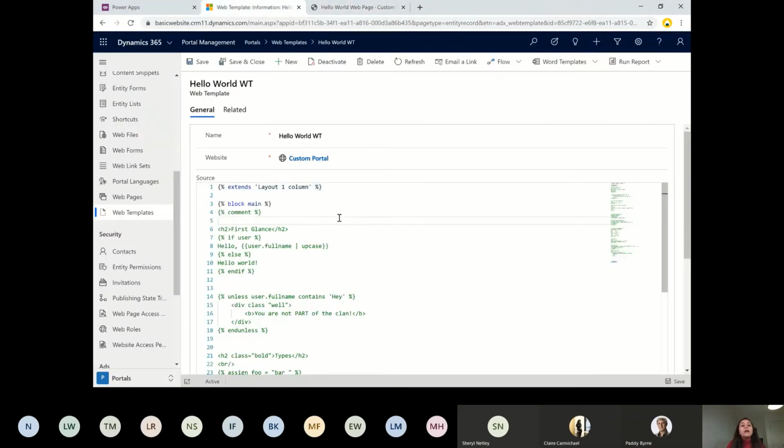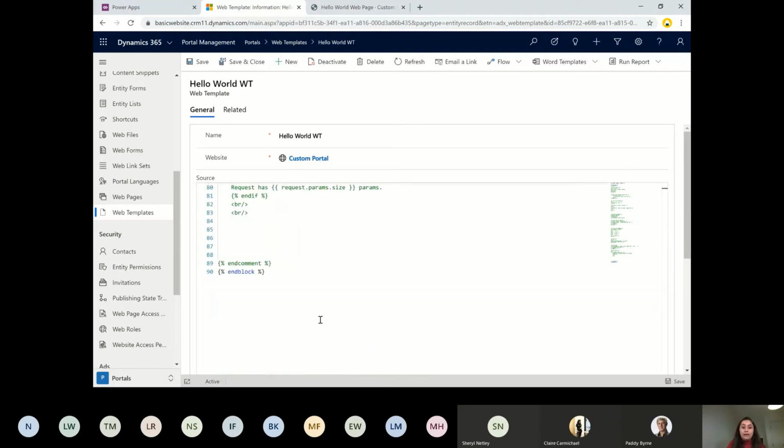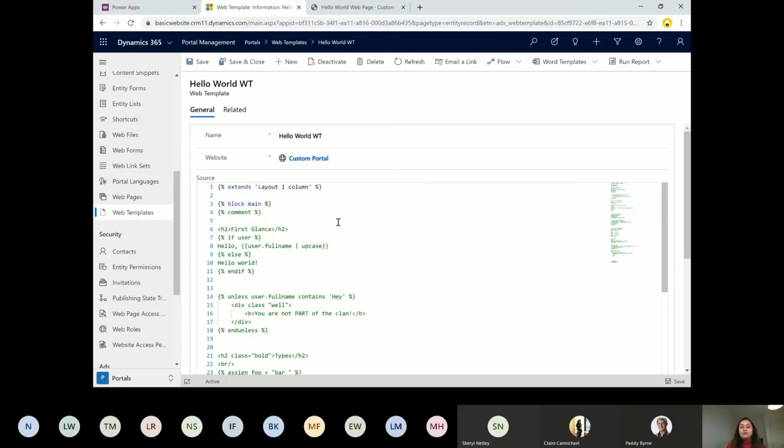So basically, it's a good practice to start your code or your logic in the block. Basically, it's kind of a class in C#. So you have block main and end block. That's the first thing. It's not going to do anything. It's just a good practice to start with block. And let me just uncomment a few lines and see what that is.